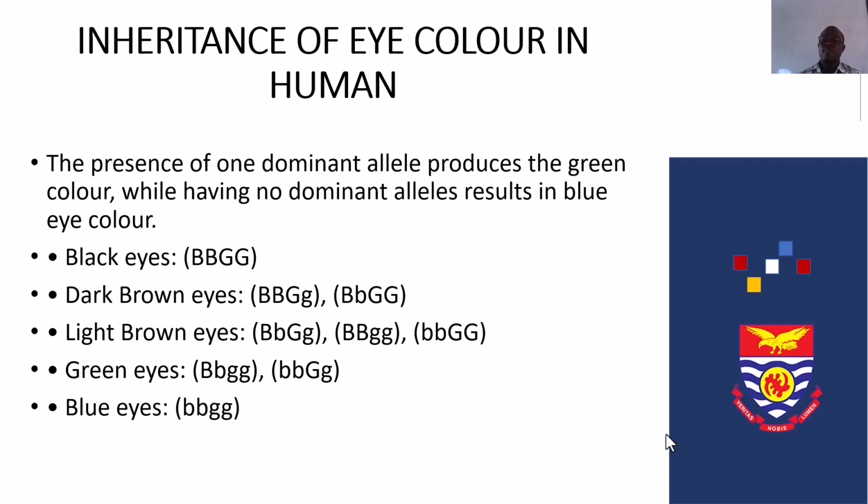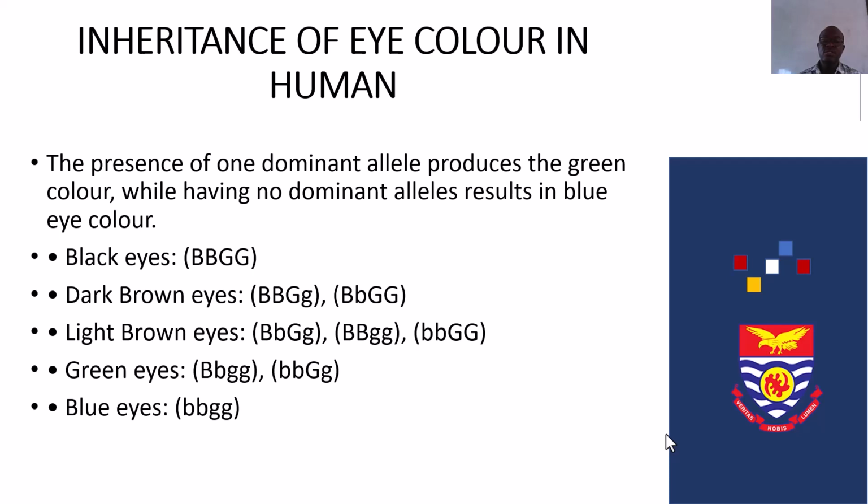Black eyes: BB dominant, GG dominant. Dark brown eyes: BB dominant, G dominant, G recessive, and B dominant, B recessive, GG dominant. Light brown eyes: B dominant, B recessive, G dominant, G recessive, and BB dominant, GG recessive, and BB recessive,